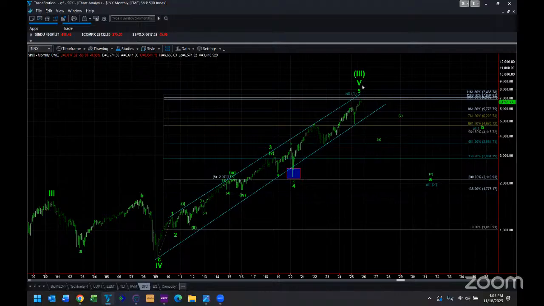I don't know how many of you have followed me for a long period of time, but there are a number of notable points that, if you've been following me, you may remember. We called for a global melt-up as the market was bottoming back around 2015 into 2016 and going forward. That was this move here. Now, if you also remember, in late 2019 into early 2020, I was calling for a 30 to 35% market drop. I did not expect it would be like this, but that's exactly what we got.